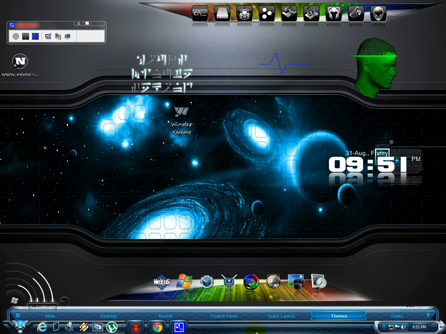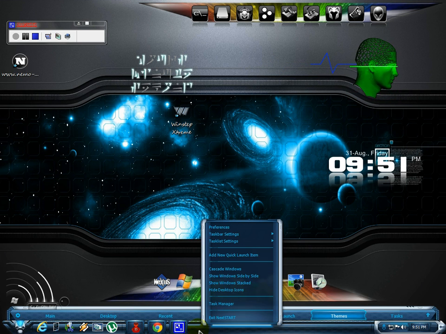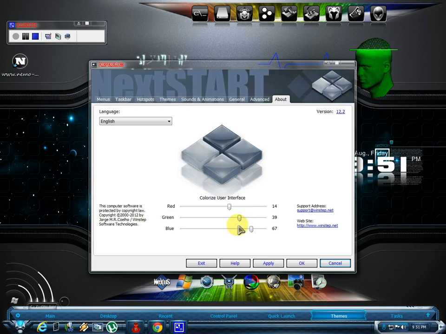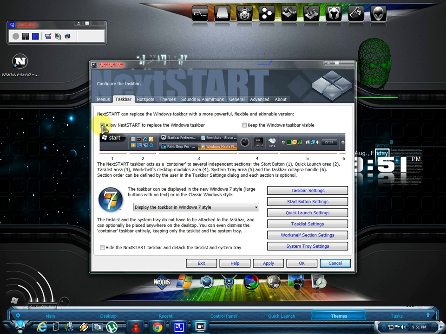Now if you don't like this taskbar right here, like I do, because I want my original Windows 7 taskbar to be my taskbar, you can just right click on it, go to preferences, taskbar, and just uncheck this box over here which says allow WinStep to replace the Windows taskbar.